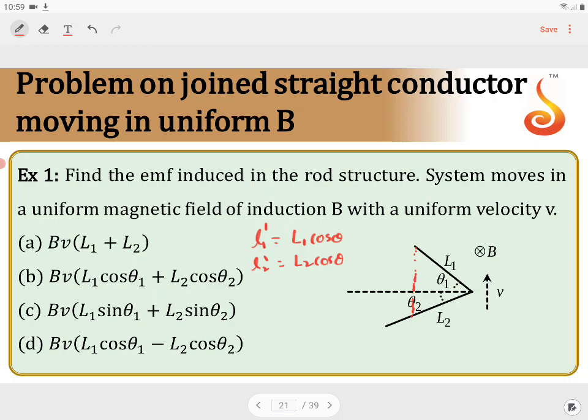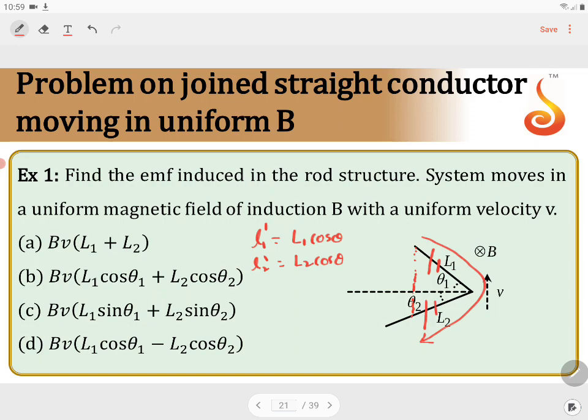into two separate rods. Now the motional EMF in the first rod is BVL1 dash, and the motional EMF in the second rod is BVL2 dash. Now here, when you have two or more rods, it's better to know the polarity. In the first rod, the magnetic field is into the screen and the velocity is upward, so the polarity will be leftward. Positive charge will be leftward, negative charge will be this way. And for the bottom rod also the same thing. So if we travel from here to here, there is the opposite polarity.